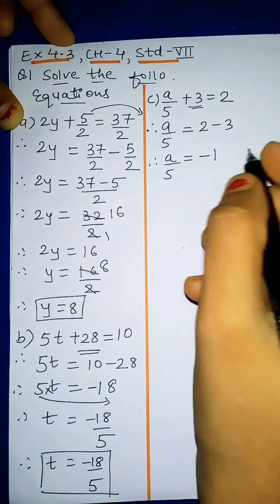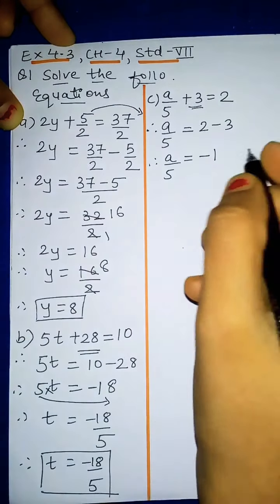Now moving to the next. Now the next one is 5 upon 2x equal to minus 10. Here only one term is given. This is only one term. Okay. Now one by one we will remove. First we will remove this 2, then we will remove this 5. So this 2 is in division. So first we will take 2 that side. Okay. It is in division, so it will come this side and it will get multiplied. So 5x equal to minus 10 into 2. So 10 twos are 20. So 5x equal to minus 20. Minus also is there, so minus 20.